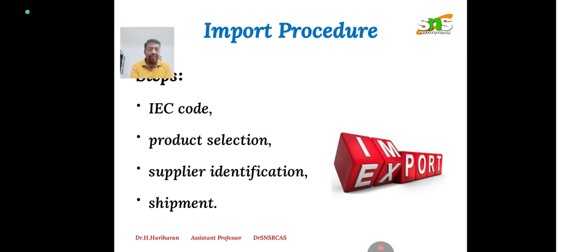The first thing is that you should select the product, what type of product we have to get. Then supplier identification: there are n number of suppliers, so you should select the right supplier. How to select a supplier? You should focus on the terms and conditions, you should focus on the price, and you should focus on the goodwill. So lots